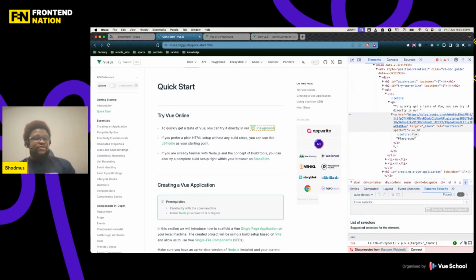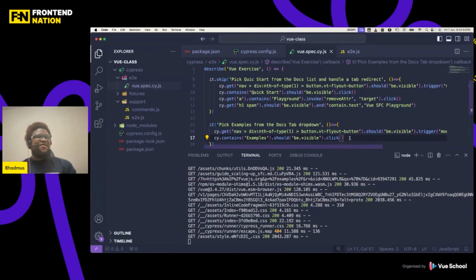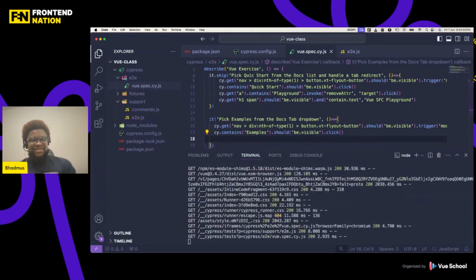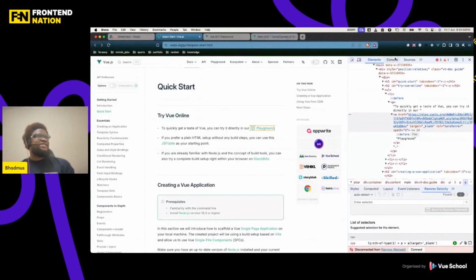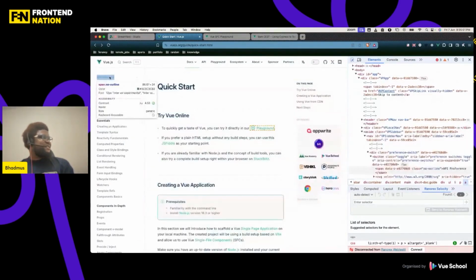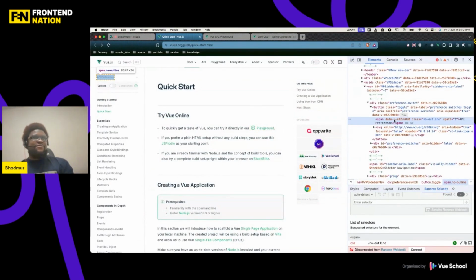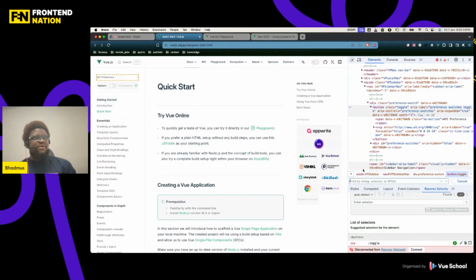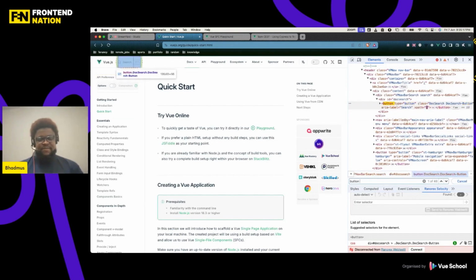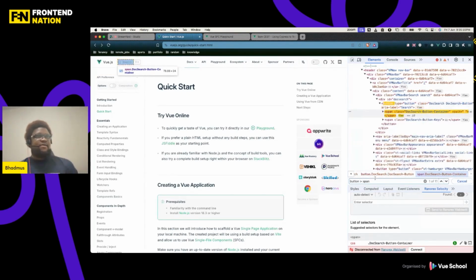So let us use that same method where we just say maybe dot contains, right? Or we just get an element that is close to it. So we could interact with this here, get that span and say if it contains API reference, we'll click on it. Or we could say a button with a span, if it has API reference, click on it. It has a lot, but this one could contain